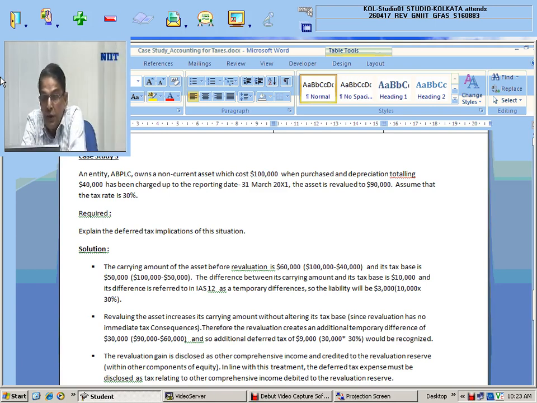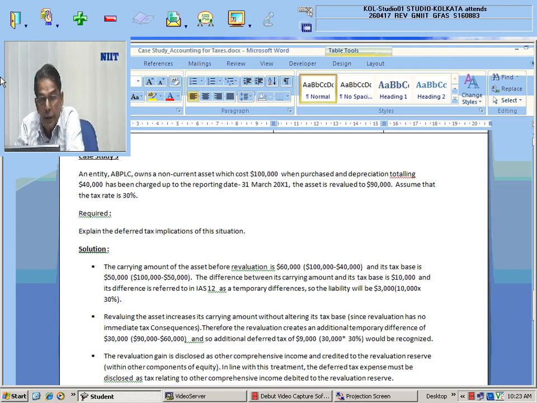So in its tax basis, actually this is not mentioned in the example. The capital allowance for the asset was 50,000. The capital allowance means the depreciation that is allowed under the tax law. That was 50,000 at that point of time. That is not mentioned in the